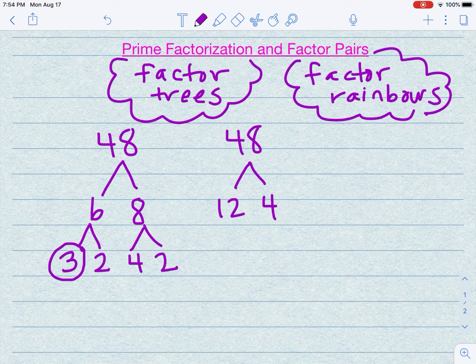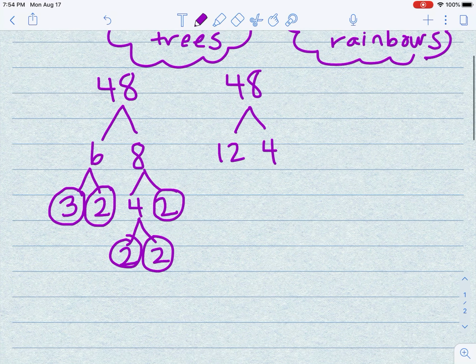3 is prime, so we circle it. It's on your sieve of Eratosthenes. 2 is also prime. 4 is not, so it has to keep going. 2 times 2 is 4. And so it breaks down into 2 2s. This is also prime, so we can